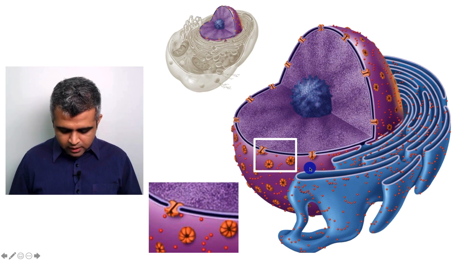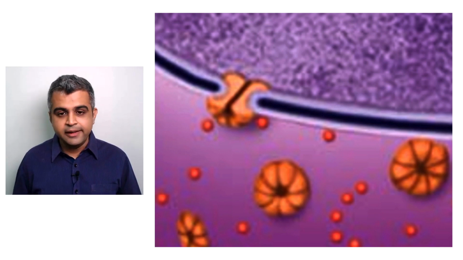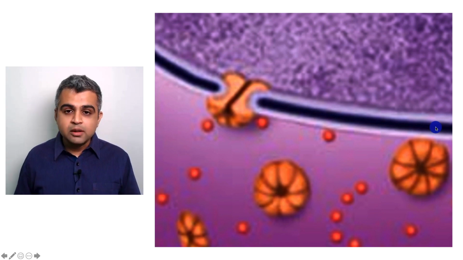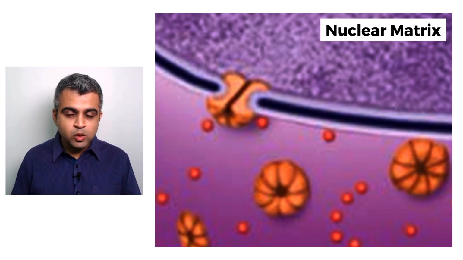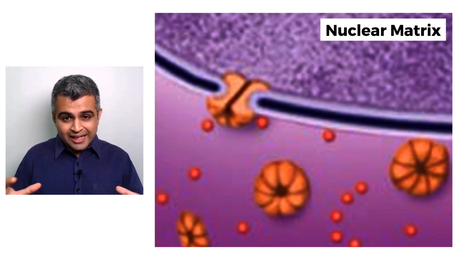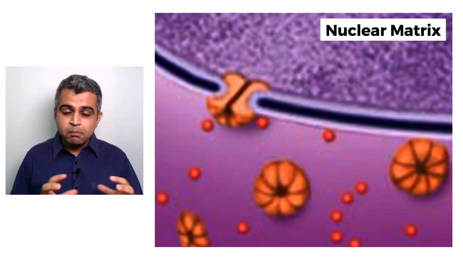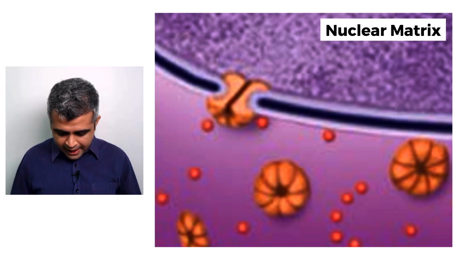We are now going to enlarge it, and I am going to enlarge it slightly more so that everybody can understand this in detail. So here is the nuclear membrane. The nuclear membrane is going to separate the inside part, the nuclear matrix. What is the nuclear matrix made up of? Two things. It will have chromatin and it is going to have the nucleolus. So that inside part will be separated from the outside cytoplasm and the outside cell organelles. So that boundary is going to be called the nuclear membrane. It can also be called the nuclear envelope. Now the nuclear envelope or the nuclear membrane, as you can see here, has a number of these holes.